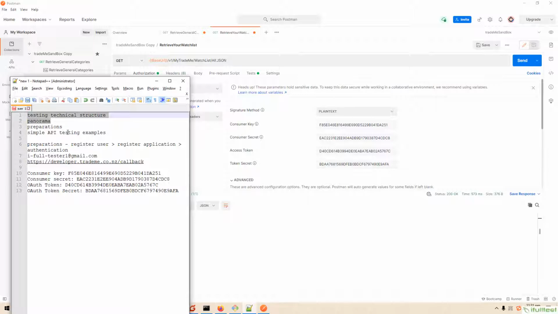Third, we go through the process of registering your Treat.me Sandbox user, Treat.me application, and the process of getting the authentication. At last, we pick 2 simple API request examples. One doesn't need authentication, and another one needs, to check the connectivity using Postman. In the next video, we will go through all the 10 typical transactions from front-end UIs to back-end APIs to find their relationships or dependencies.